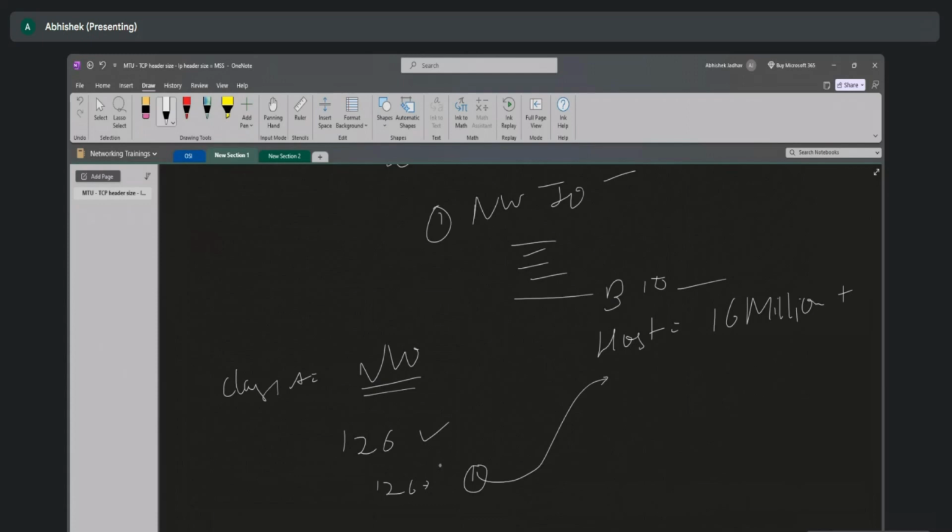So in order to do that, they will be utilizing class A because it has the highest number of host portion, host network what we have, right? So each network from this 126, so these 126 into 16 million, so those many IPs will be there for them to use,